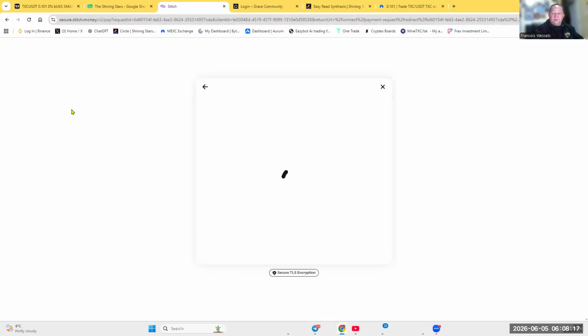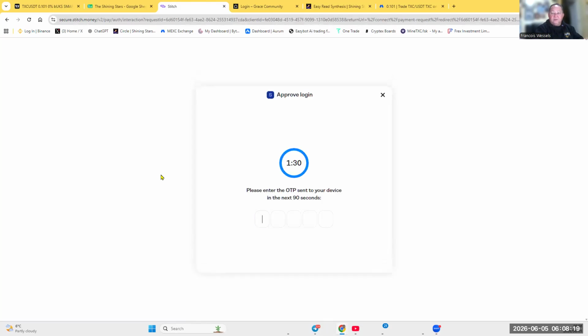And what's going to happen? It goes now to this section where you activate your internet banking. So I'm getting an OTP number.